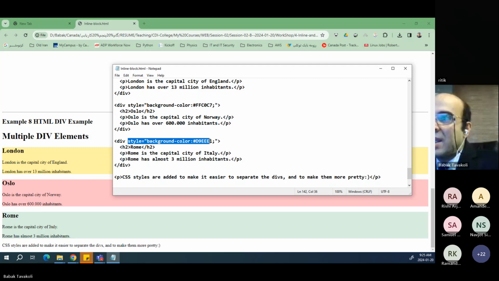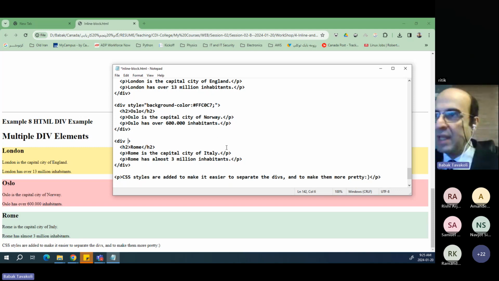Inline styling will take precedence over all the other stylings in your page. So the first priority for styling is the inline styling. And if you remove this styling, the division will automatically use the other styling inside your page. So let's remove this part,